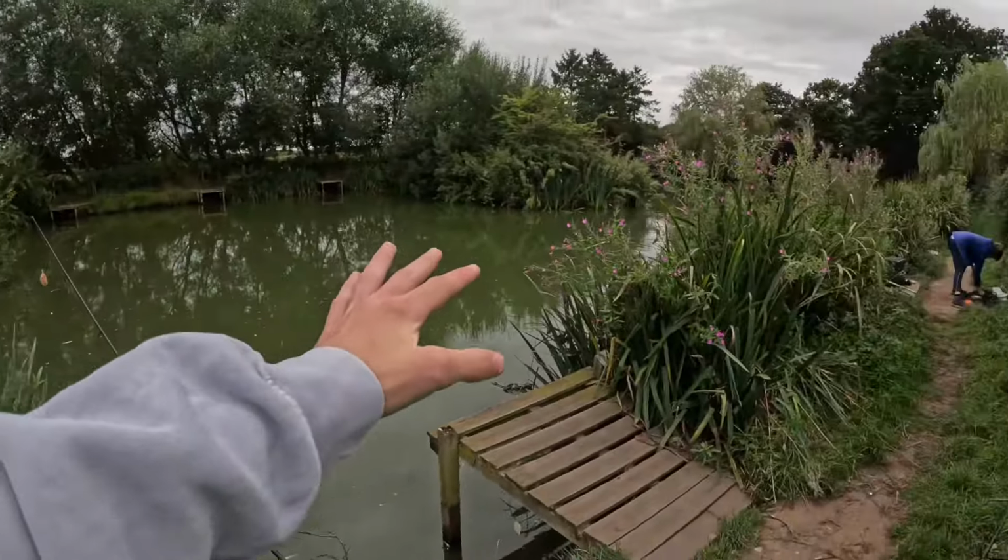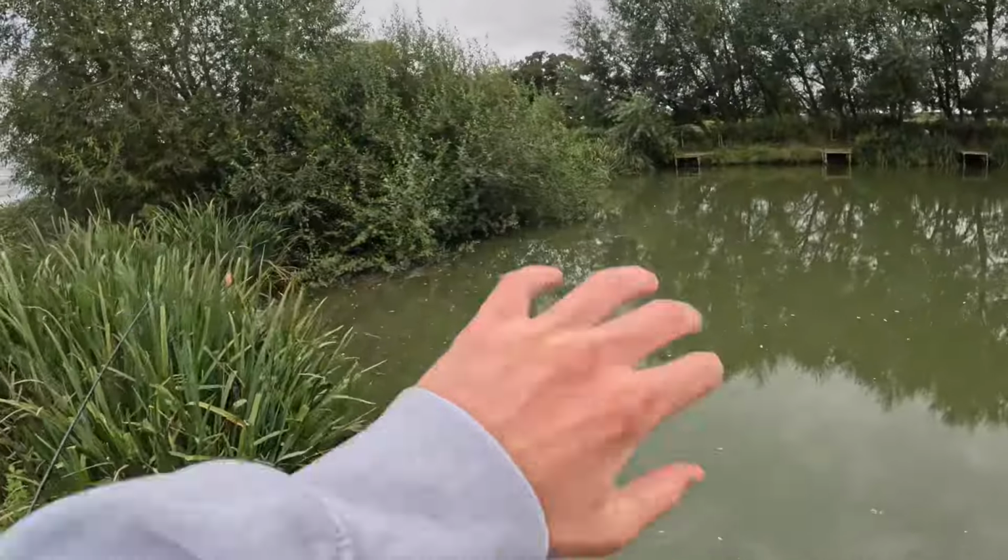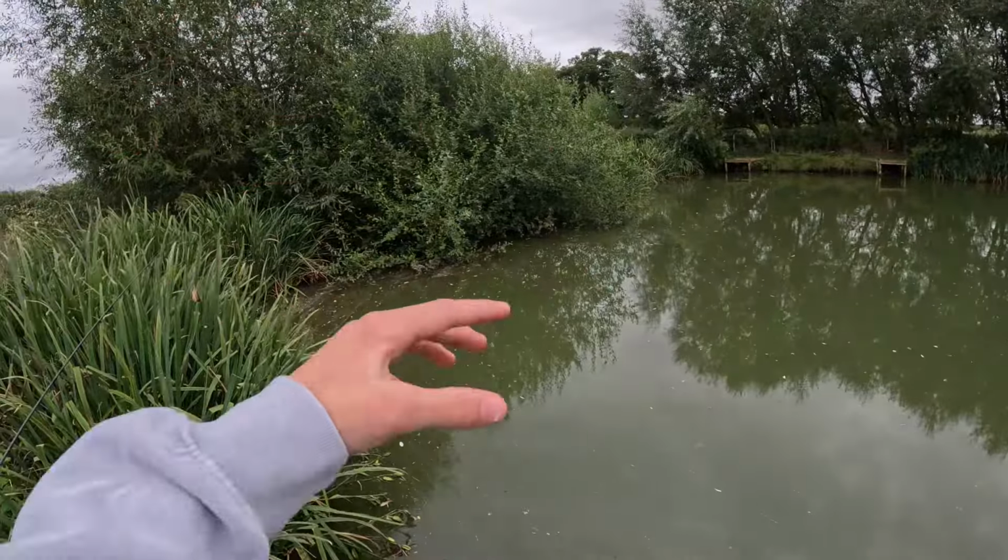In this video, I'm going to be carp fishing at this amazing pond right here. Now this pond is the pond I usually carp fish at. It's amazing. We whip carp out, the common carp, ghost carp, there's all sorts. There's koi carp and tench here even. We'd be lucky to get one of them though, but I've got a feeling there's a chance we'll get one